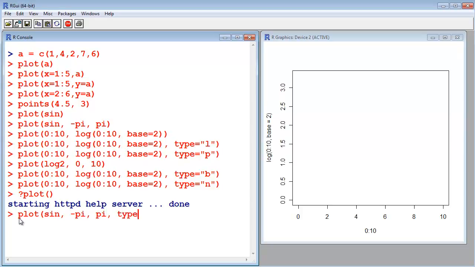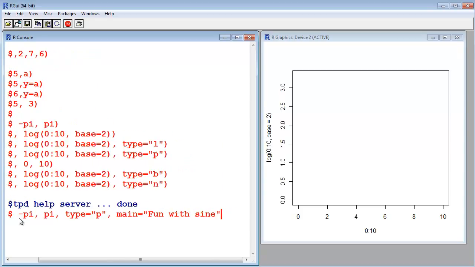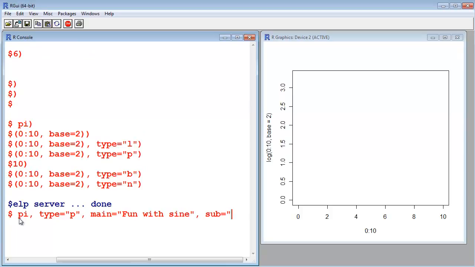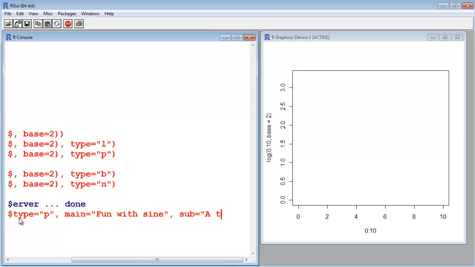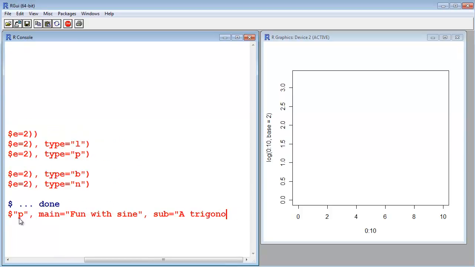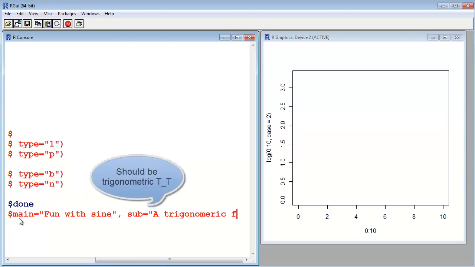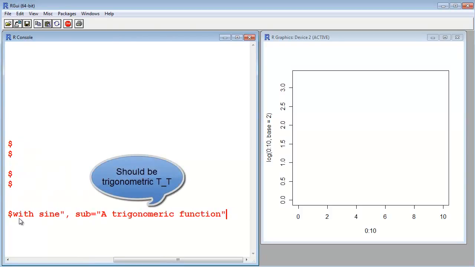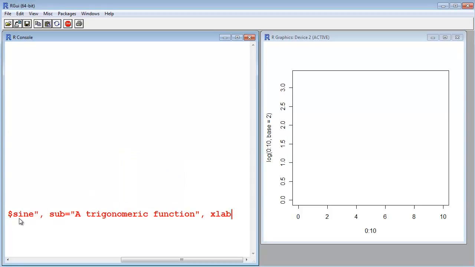The type should be points. The main title should be fun with sine, and subtitle should be a trigonometric function, and the x-axis should be named